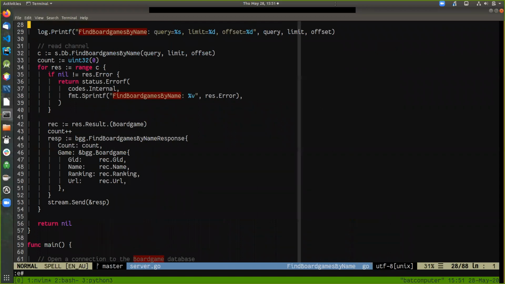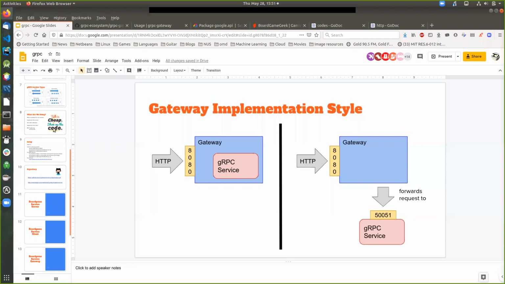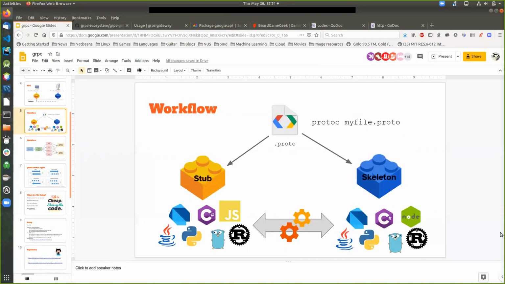But what RPC does is this: it guarantees compatibility, first of all, between platforms. This is what you get when you use RPC and gRPC in particular. From one file, you get the stub and the skeleton, and the stub and skeleton can be generated for any language. And gRPC guarantees they will communicate. So today, when we have multiple platforms and different programming languages,